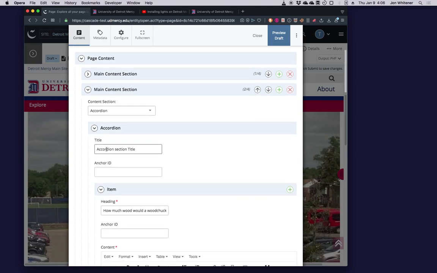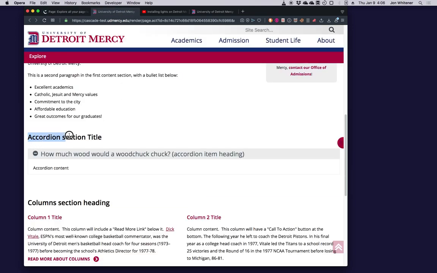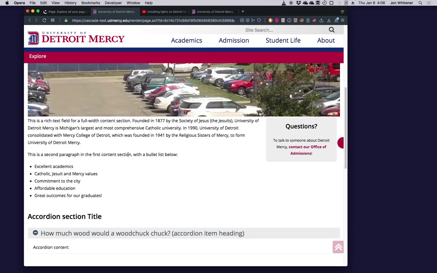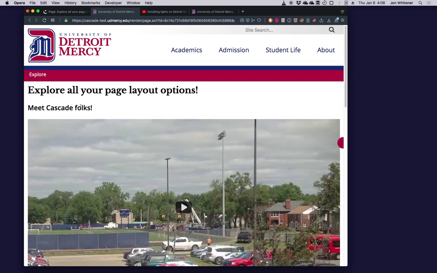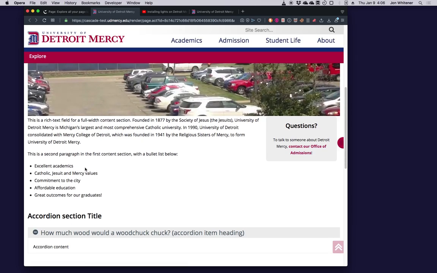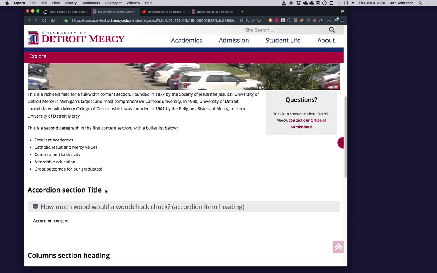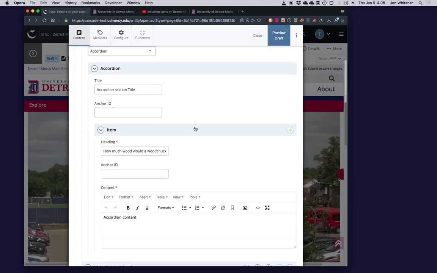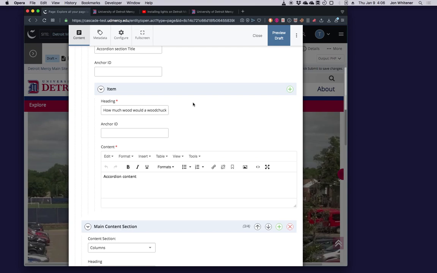So does an accordion section have a title? Again, let's look at it. That looks like this, accordion section title. So you kind of see the section has a title here, video, some content, a highlight box. Then the next section has a similar looking title. And then the first under the title, we then have one or more accordion items. The item is kind of like the question answer pair or the heading content pair.